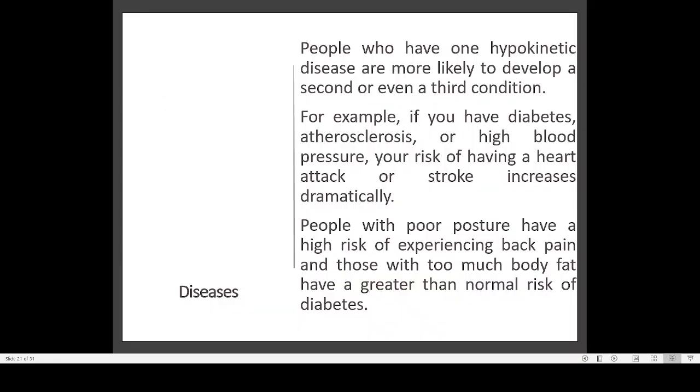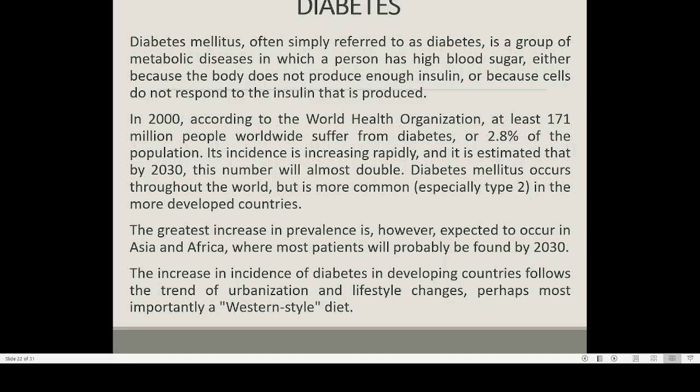Then another kind of disease is known by the name diabetes. About diabetes, you might have heard, because everybody knows what diabetes is. Diabetes is a very common disease, especially in India. And what happens in the case of diabetes is that